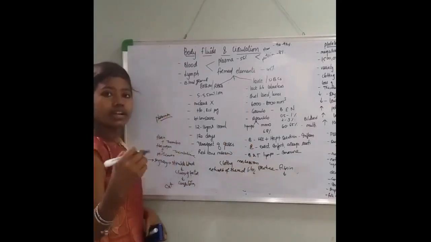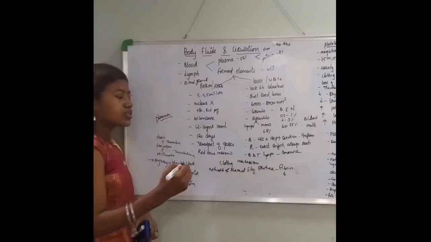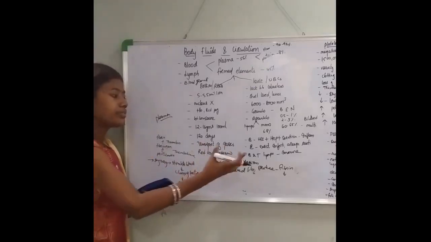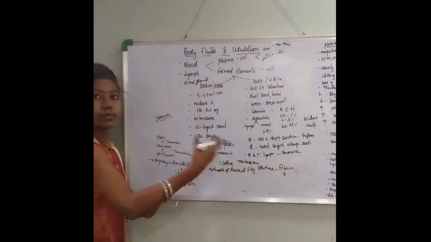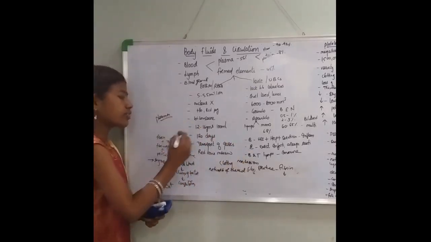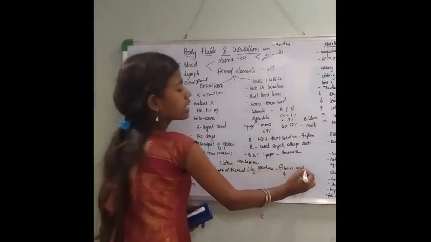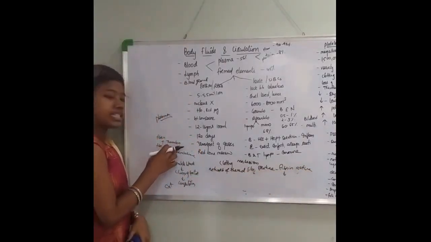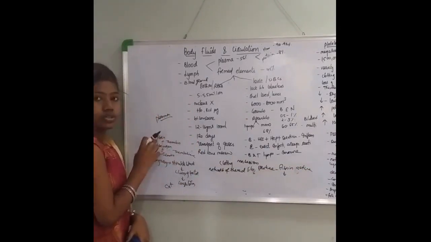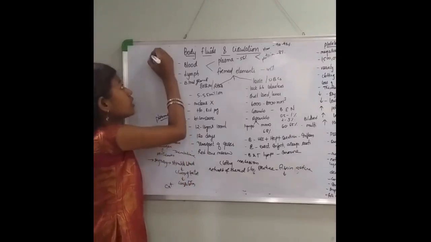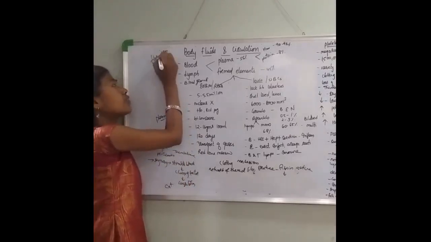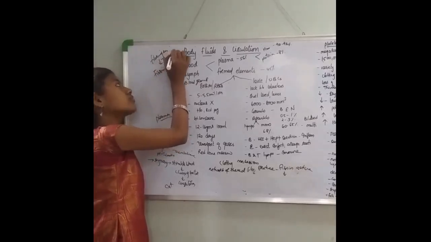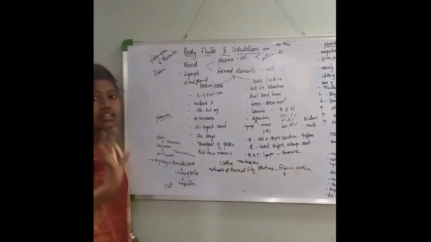As I have told you, most of the clotting factors are present in the plasma. So there is a network of thread-like structure formed at the site of the injury, and those thread-like structures are made up of fibrin. This is the active form, fibrin, whereas this is the inactive form, fibrinogen. This inactive fibrinogen, with the help of an enzyme called thrombin, is converted to fibrin. And all this occurs in the plasma.